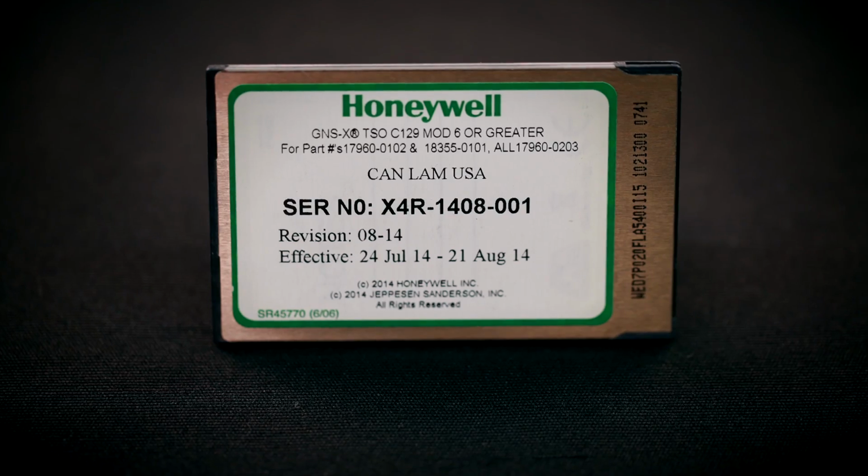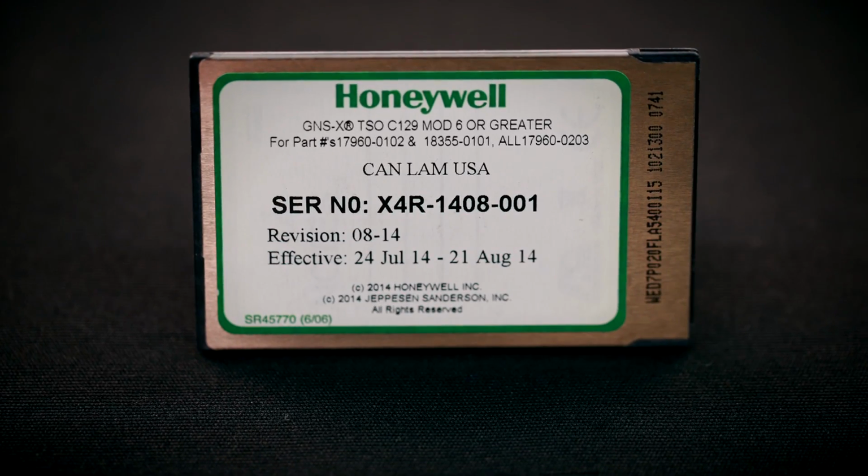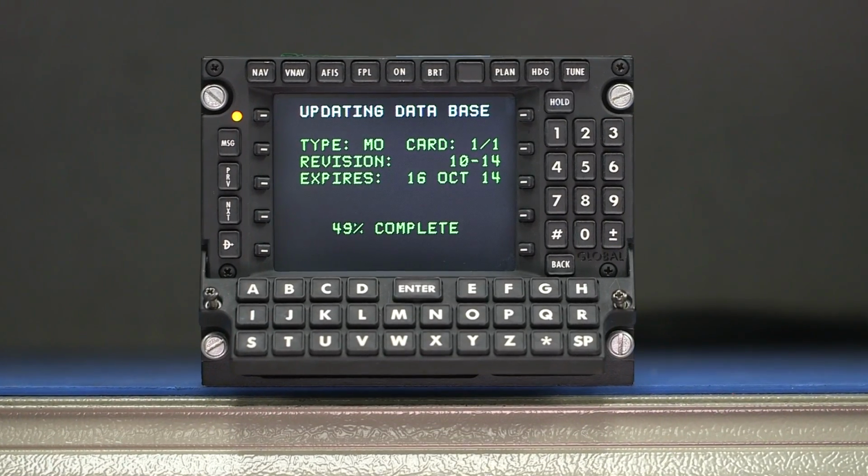Navigation databases for GNS systems that use PCMCIA cards can be updated by downloading the new databases from the Honeywell website. Once the new database is downloaded to your computer, it can be transferred to a PCMCIA card, which is then used to load the database to the aircraft. In this video, we'll show you how to download a new navigation database to your computer and then upload it